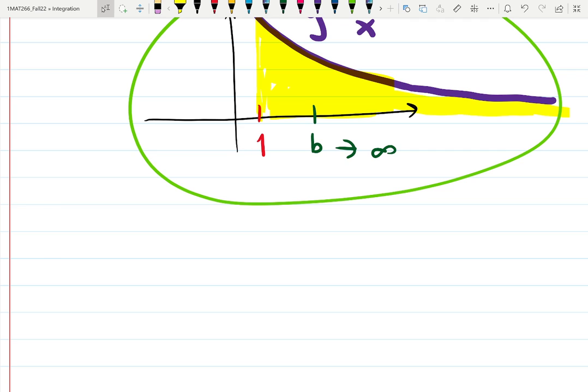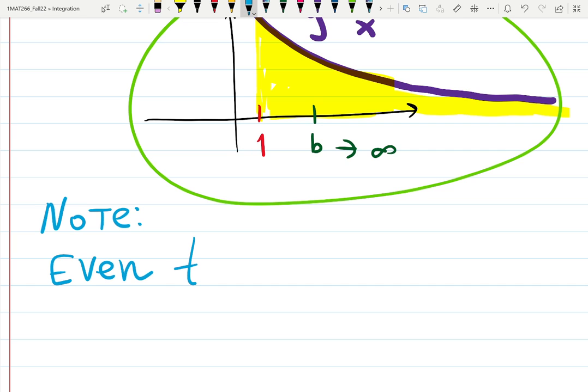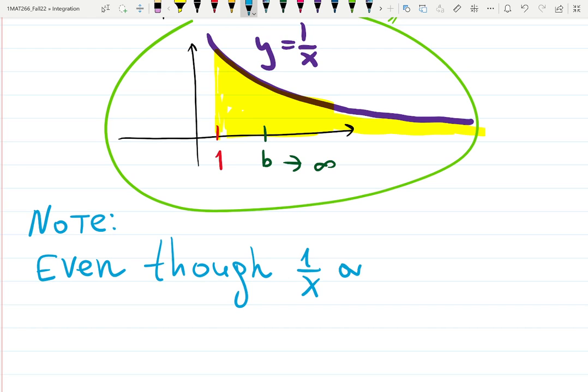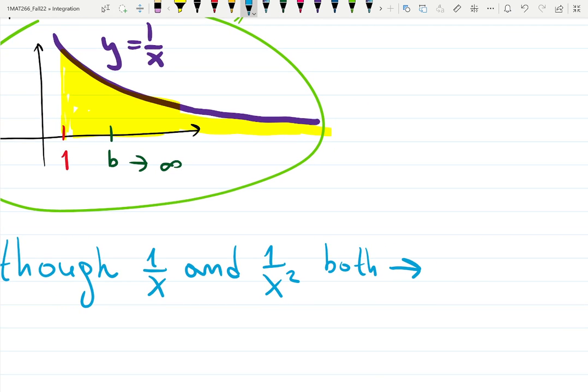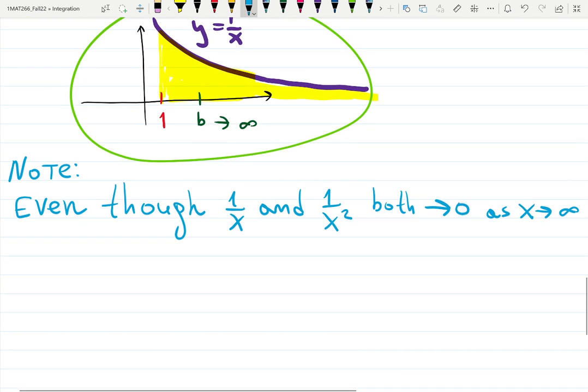So let me write it down. Let's call it a note. Even though we're working with integrals and some numbers all the time, and you might be sleepy and think it's the same math every time, this has lots of phenomenal applications, not only in space science, but in automatic cars, which we're building right now, and so on. Even though 1 over x and 1 over x squared both shrink to 0 as x explodes to infinity,